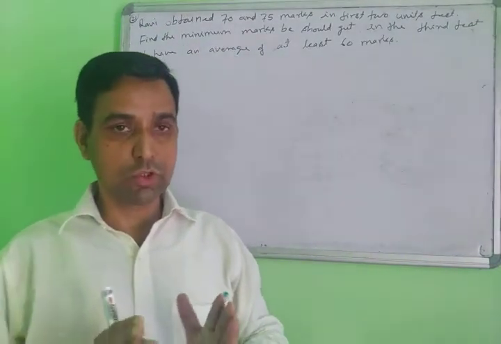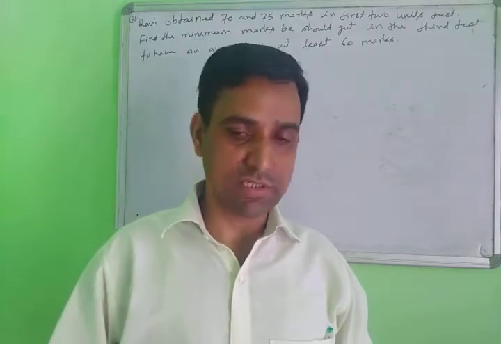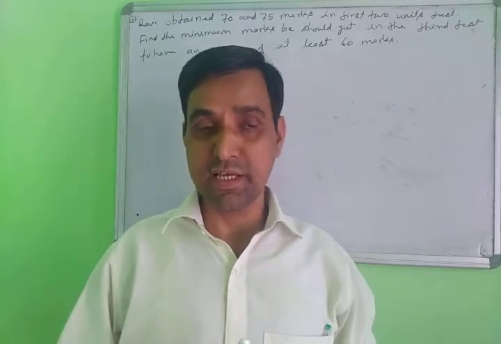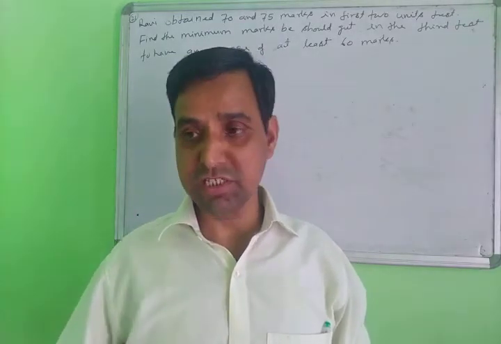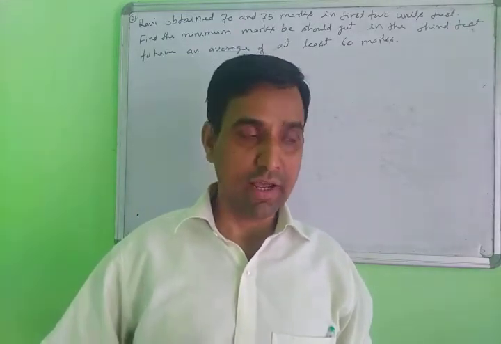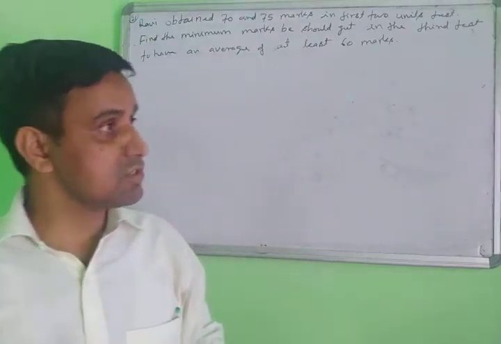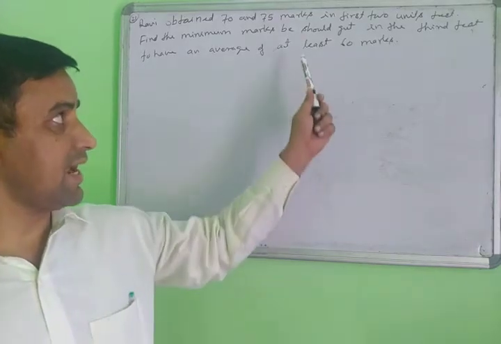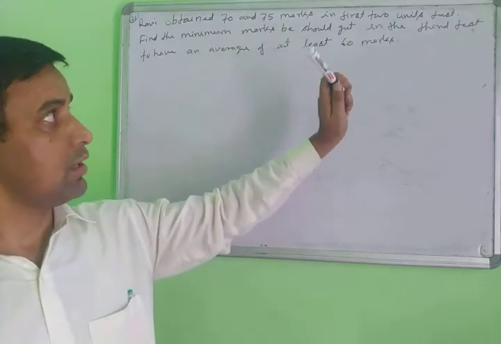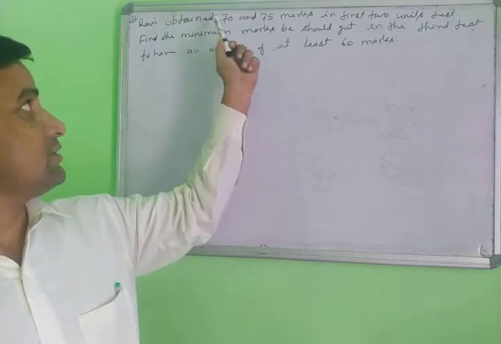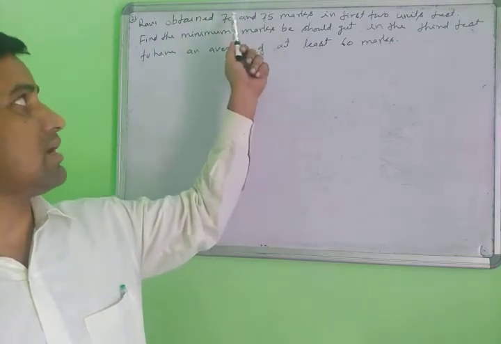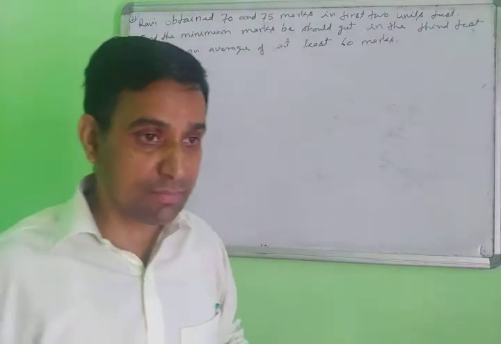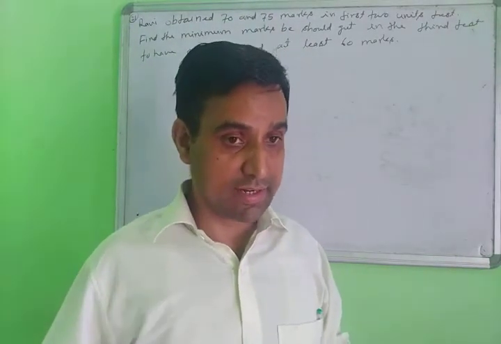When you solve word problem type questions, first you read the question carefully, one time, two times. Then you understand what things are given, what things you have to find, and what condition is given here, at least condition or at most condition. Here we are given the at least condition, 60 marks. First thing here is that in three tests, two tests' marks are given, 70 and 75 marks.